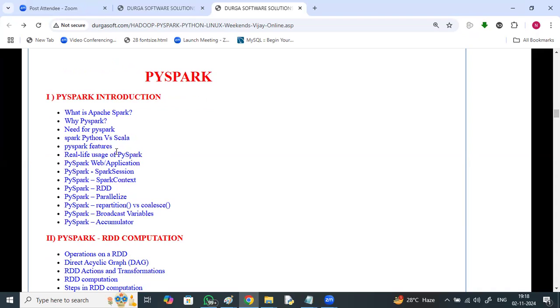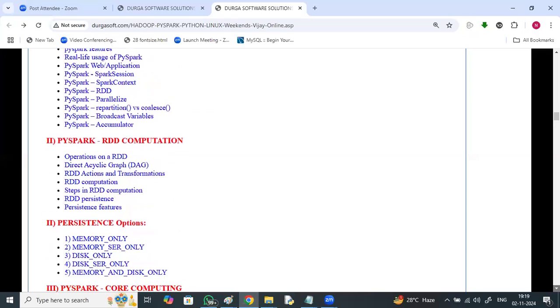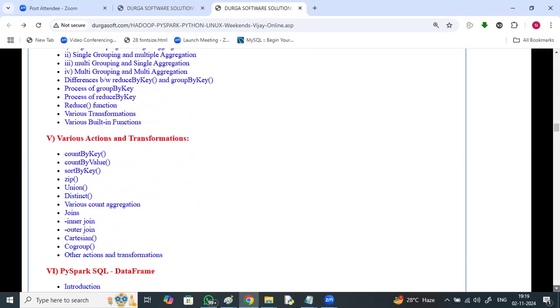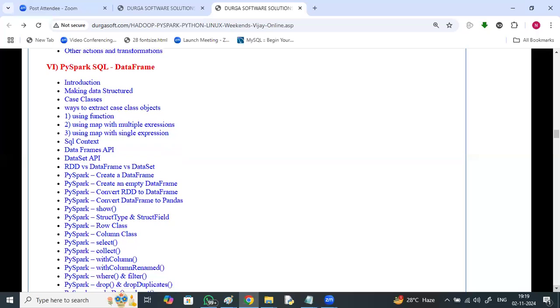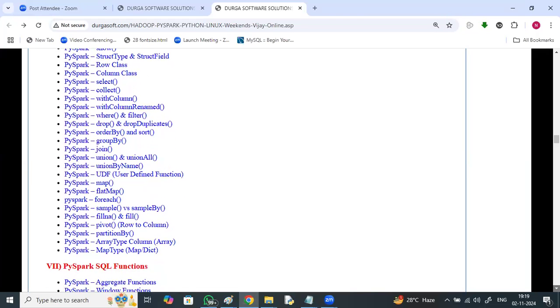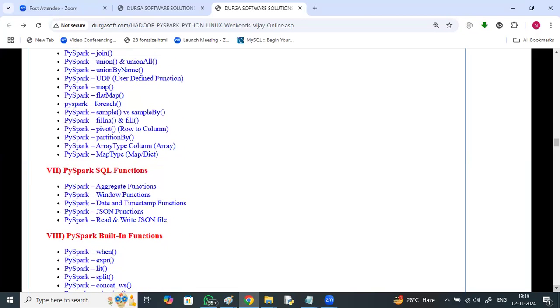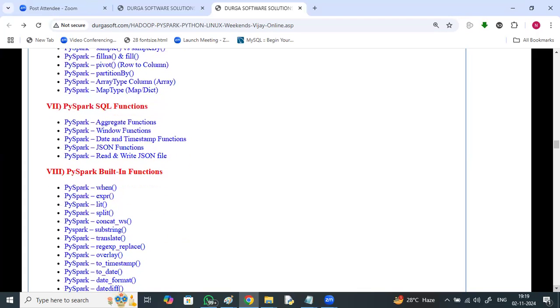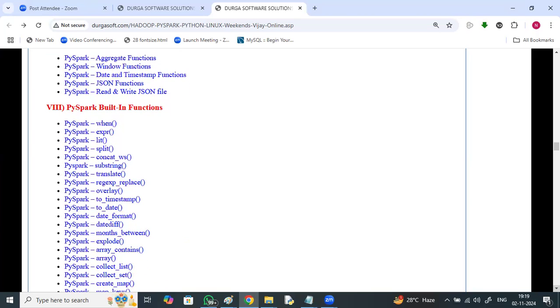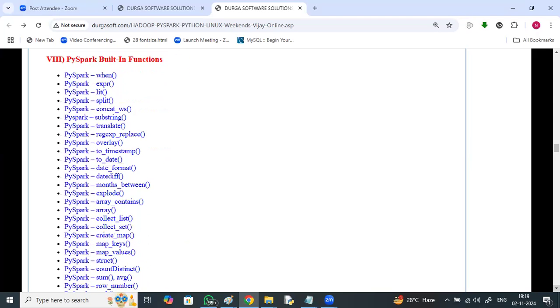Spark, PySpark context, PySpark session, PySpark repartition, broadcast variables, accumulators, RDD operations, RDD computations, persistence options, PySpark core computing, groupings, aggregations, various actions and transformations, PySpark SQL DataFrame API, DataFrame data, PySpark Row class, Column class, select, collect, withColumnRenamed, unionAll, map, flatMap, foreach, pivot and unpivot, PySpark SQL functions, aggregate, window, date and timestamp, JSON functions, built-in functions like when, expr, lit, split, different inbuilt functions of PySpark.